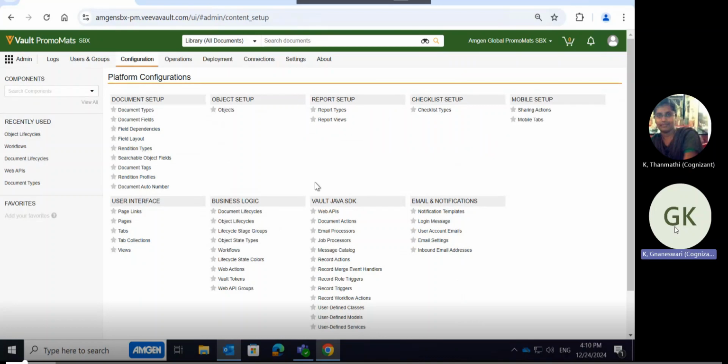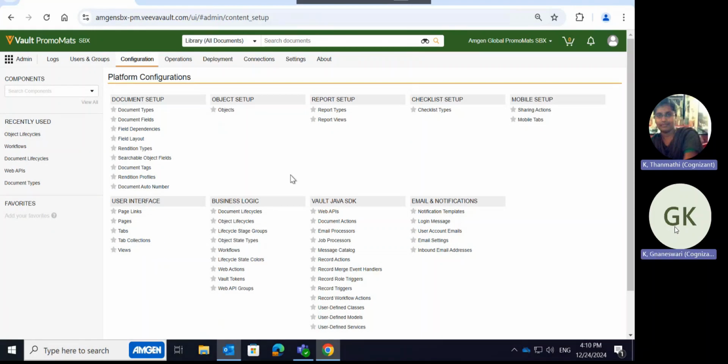ஓகேங்க. ஸ்டார்ட் பண்ணிட்டீங்களா? ஸ்டார்ட் பண்ணிட்டேன். நீங்க ஸ்டார்ட். Okay. So let me start with